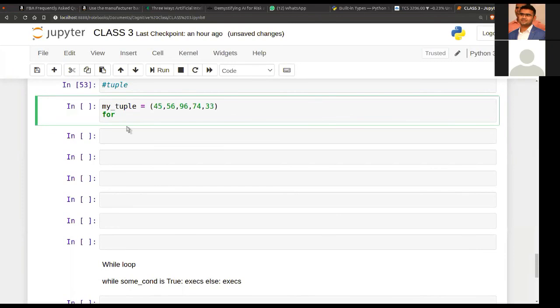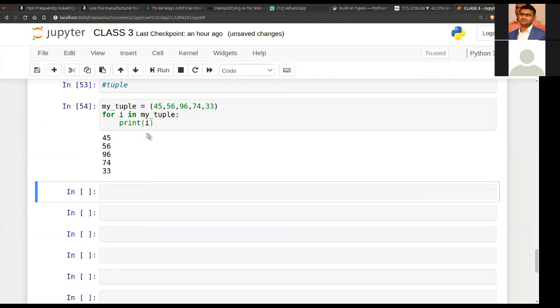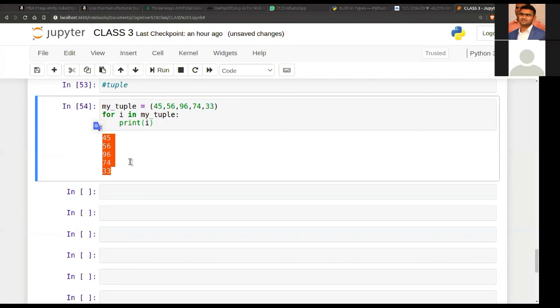Same as before, we'll start off with for, and we'll introduce our iterator i in our iterable, which is my_tuple. If I want to print i, you see, this works exactly fine and similar to our list. Suppose I have some list.